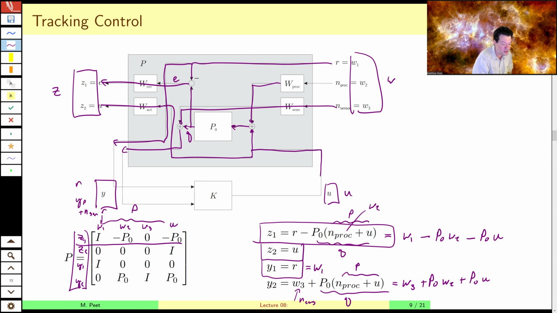And the last equation is Y2 is W3, there's identity there, plus P0 W2, plus P0 U. So just looking at these equations, the wiring diagram, we can write down the feedback control formulation of